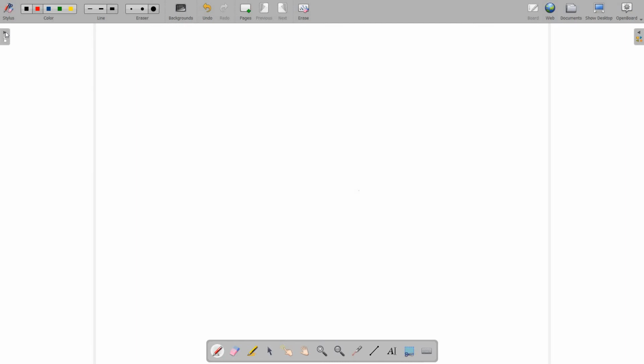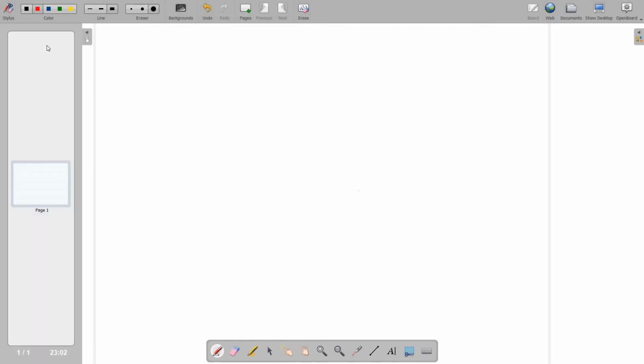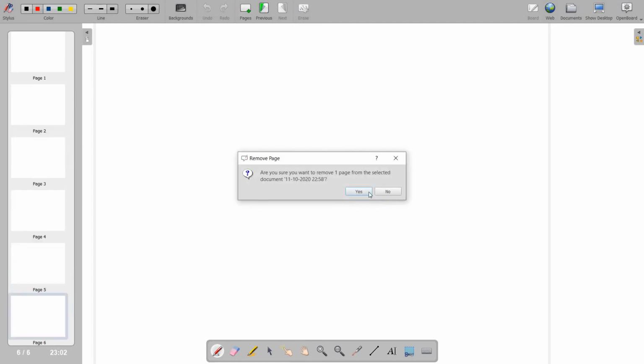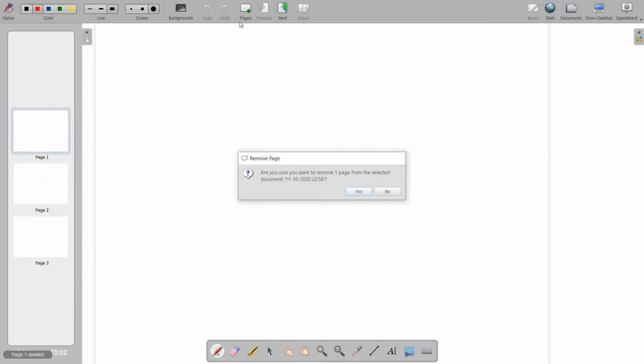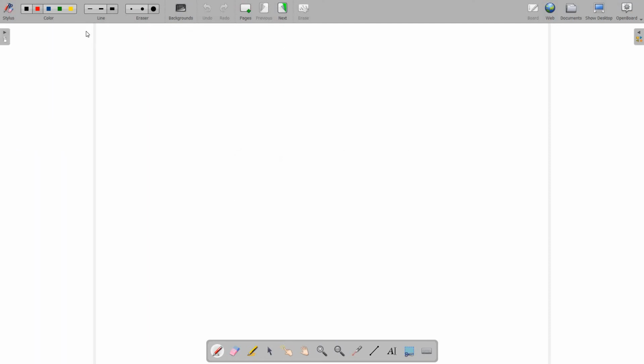So if I click, I'll go to the left up, then we have a kind of a space where the number of pages we have used or we have been writing, that will be highlighted. And here by clicking on the page option, we can add as many pages as possible, and also we can delete the number of pages, or if any page we don't want, we can delete them by clicking on the cross button. And this when we click, that part of the screen shrinks. And then we have next and previous. We can go to the next page and we can come to the previous page, like that.